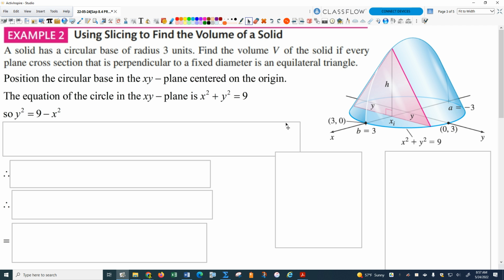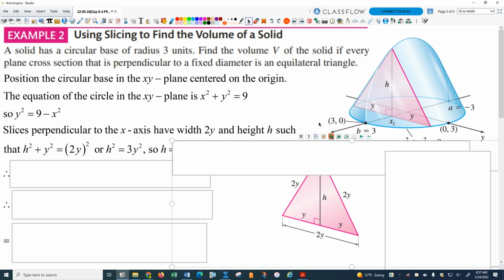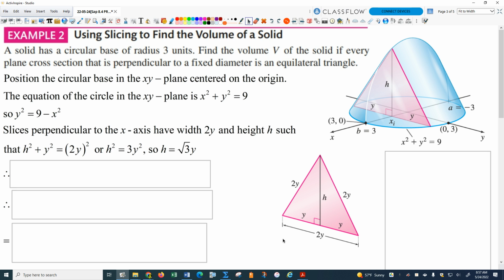So how are we going to come up with the area of this triangle? Like that, right? Does that make sense? So the x-axis is running perpendicular here. Here's the y-axis. And whether you want to call it y, or you don't even have to call it y if you don't want to, but the base then is going to be 2y, and it's equilateral, so each of the sides is 2y, which makes it really easy for us to calculate h, right? Look, you've got this right triangle here with a height h. If I just look at this one little tiny right triangle down here, and I'm looking at just this guy,